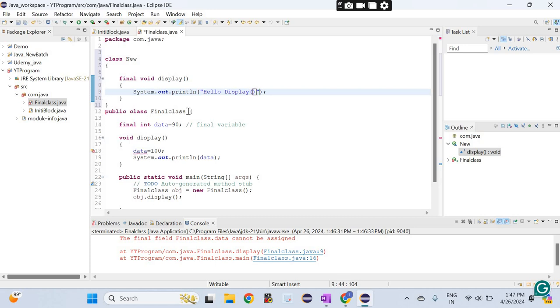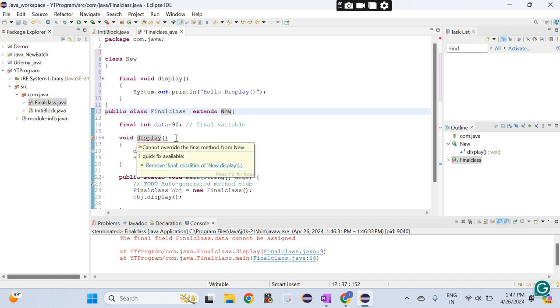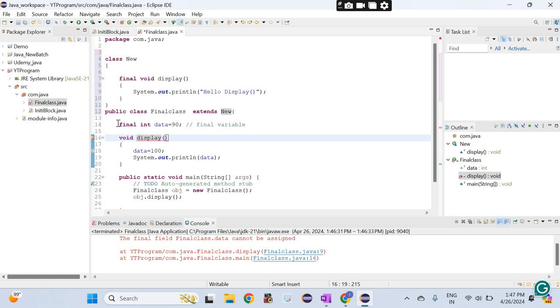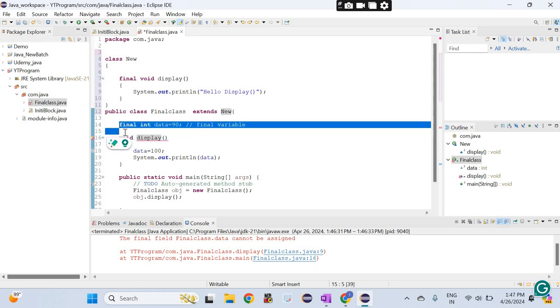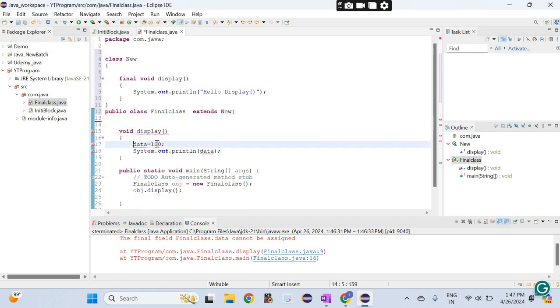And now in this class I will extend, using the inheritance concept. I might have already taught you that. The same method I'm using here, and inside this method I'm writing something.